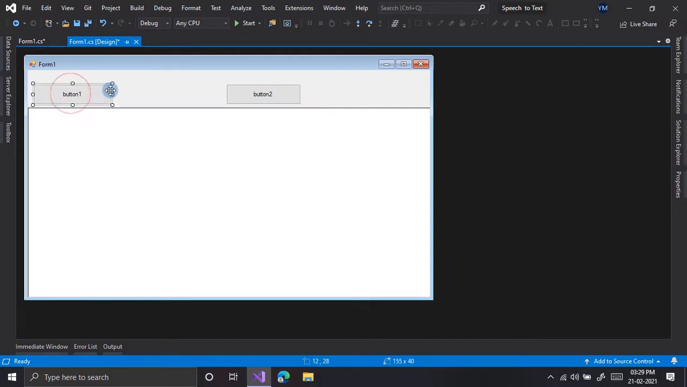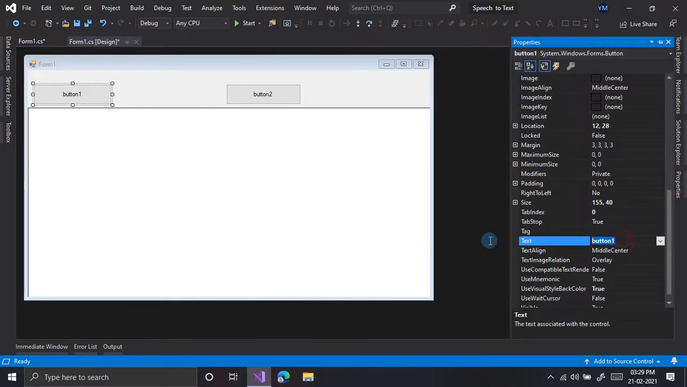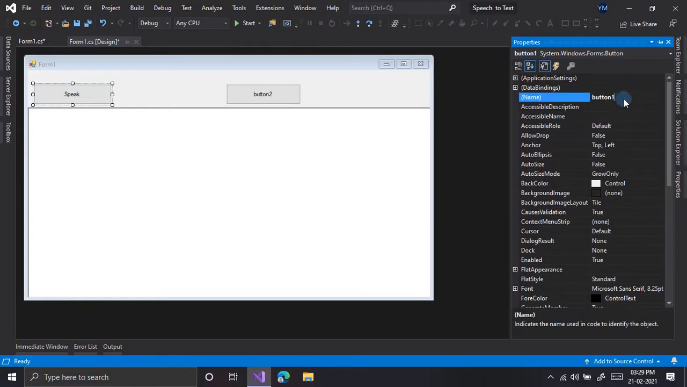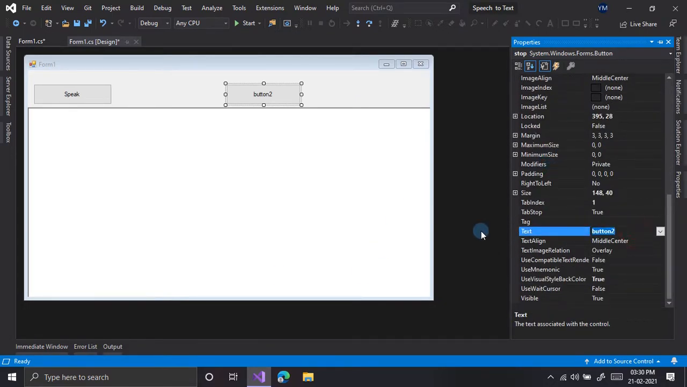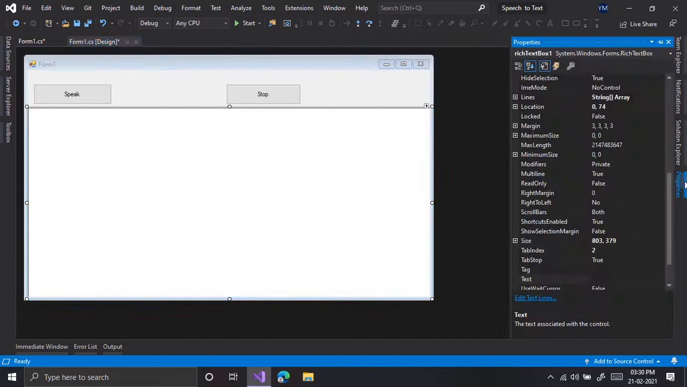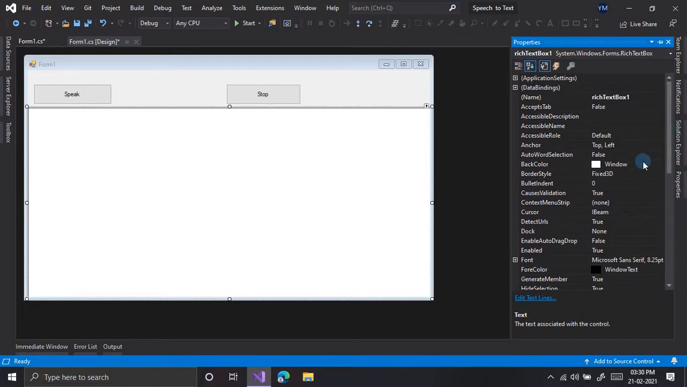I will select this button too. Then I will change its text to speak, and I will change its name to speak also. And now I will change this button's name to stop and its text to stop also. Now I will select this rich text box. I will change its border style to none, and then